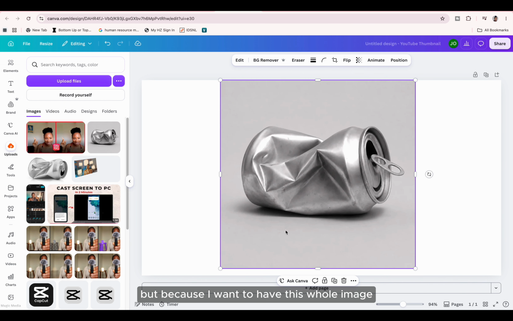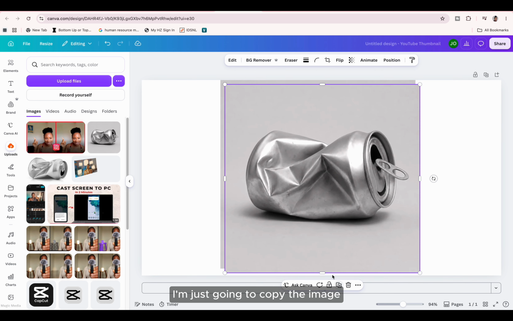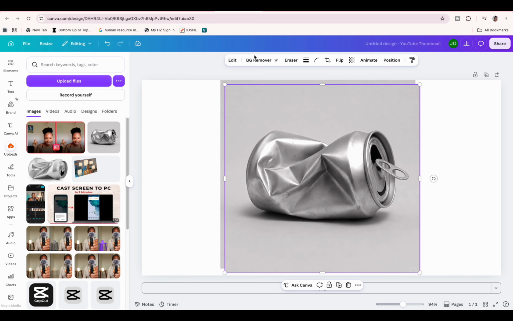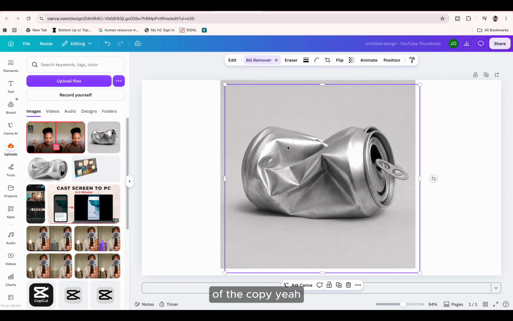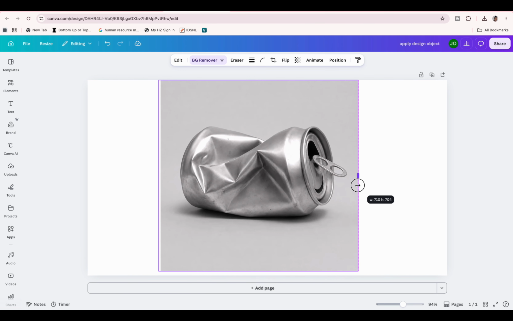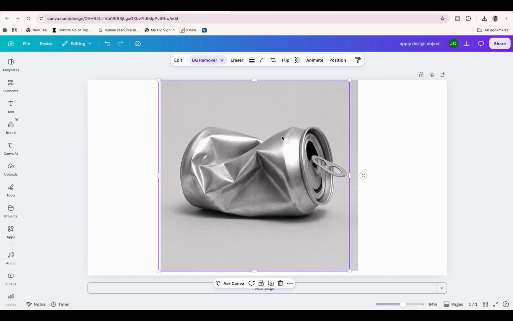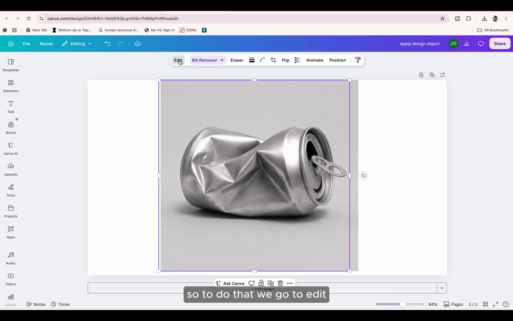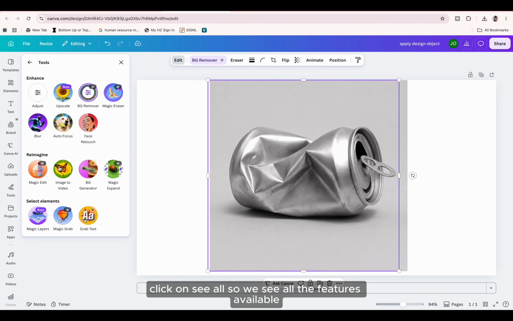But because I want to have this whole image, I'm just going to copy the image and then remove the background of the second one, of the copy. Now this part, I still want to remove this top part away because I don't want the design to be on this cover here. So to do that, we go to edit, click on see all, so we see all